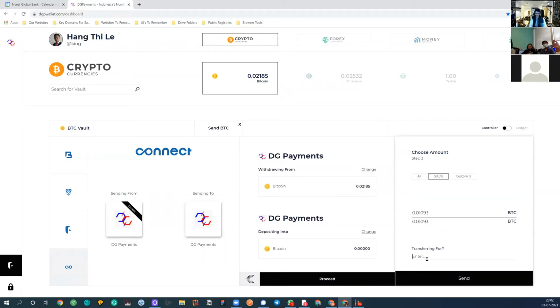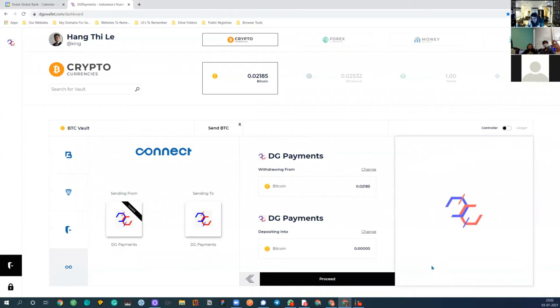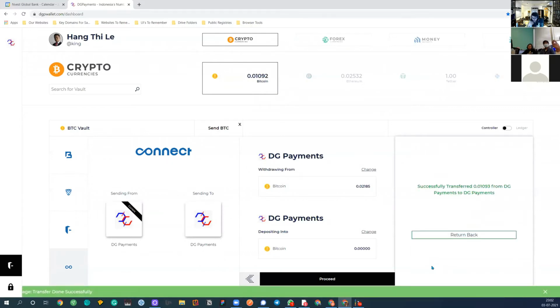Put a note saying this is for lunch, whatever it is, and click send. And now it's being sent to the next person, and it sends immediately. And I get debited half, I sent half of it because I sent it to myself. So yeah,